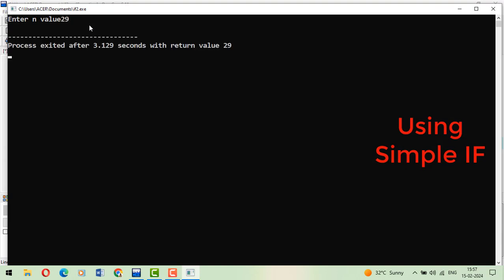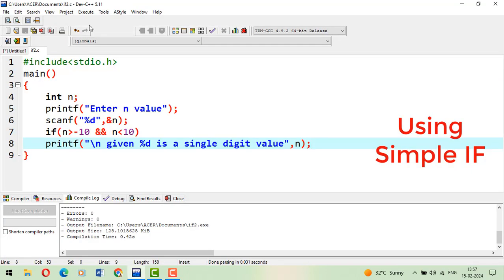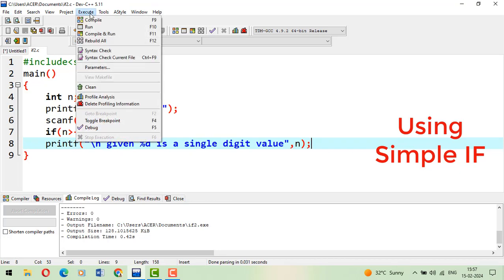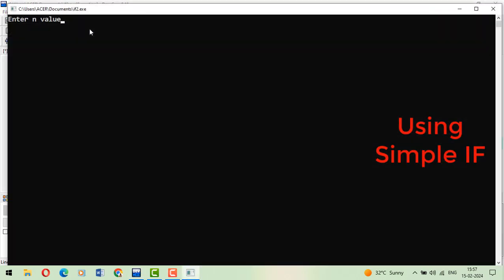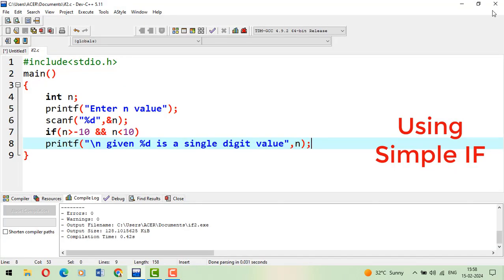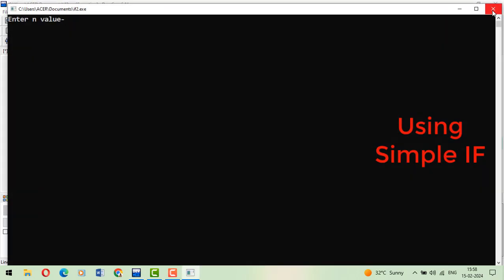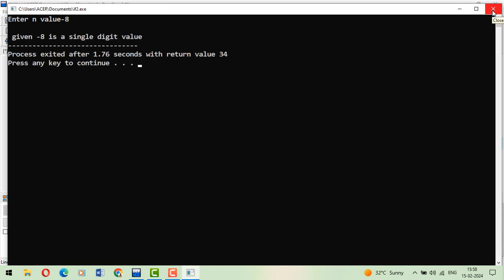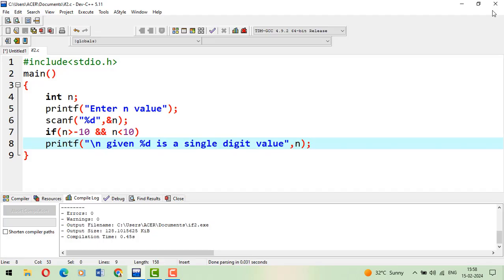Value is 29. No output, because we have not written anything for when the number is not a single digit. Run. 3, given 3 is a single digit value. We can check again. Minus 8, given minus 8 is a single digit value. In this way we can check whether the given number is single digit or